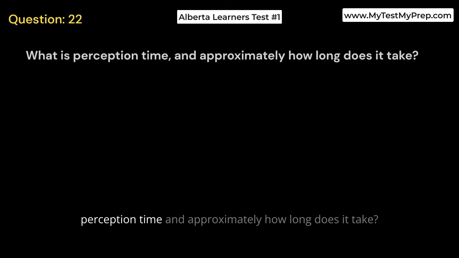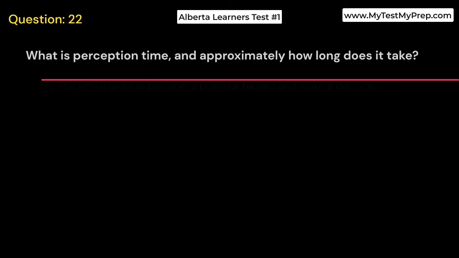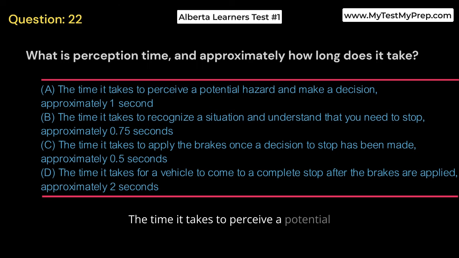What is perception time, and approximately how long does it take? A. The time it takes to perceive a potential hazard and make a decision, approximately 1 second. B. The time it takes to recognize a situation and understand that you need to stop, approximately 0.75 seconds. C. The time it takes to apply the brakes once a decision to stop has been made, approximately 0.5 seconds. D. The time it takes for a vehicle to come to a complete stop after the brakes are applied, approximately 2 seconds. Answer B. The time it takes to recognize a situation and understand that you need to stop, approximately